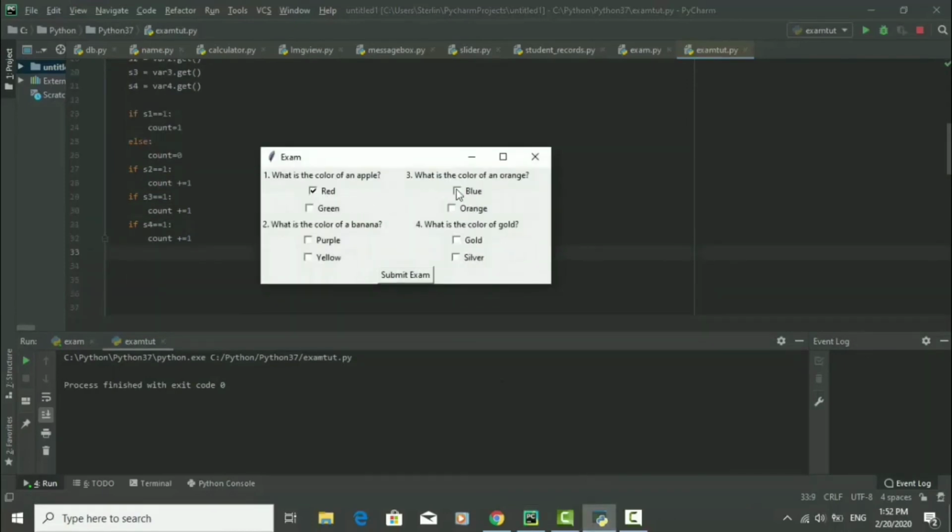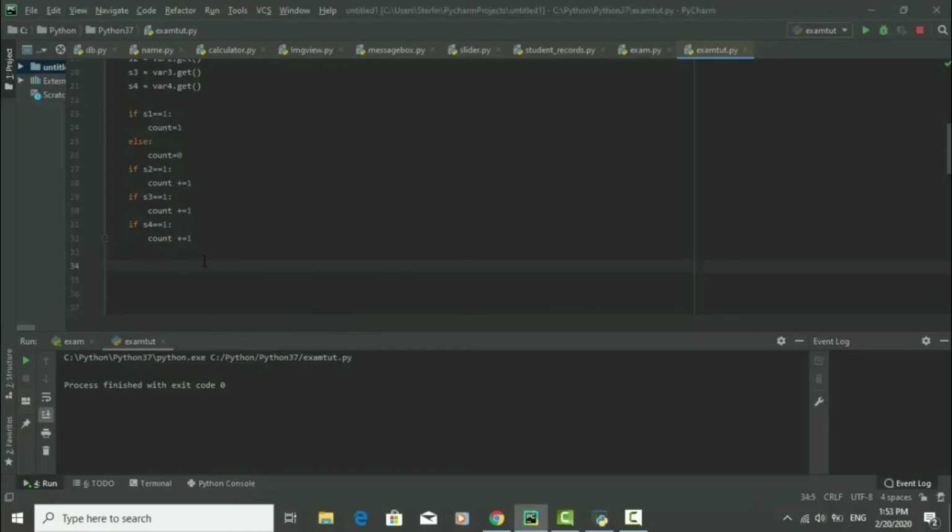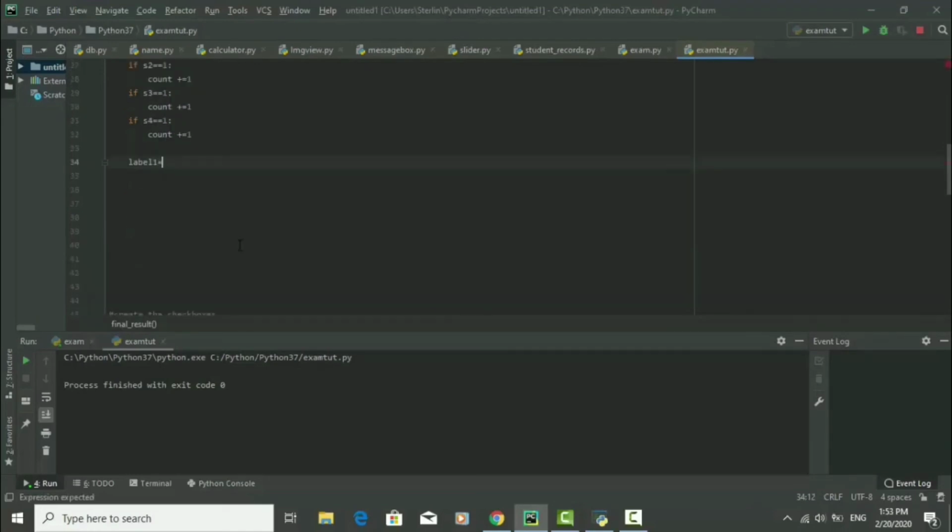And when the user has finished doing the exam, they are going to hit the submit button. And then we want to have this pop-up down here which says you got dash out of dash questions correct. Where we do this is by using a label, and we call this one label 1, and it's equal to a label widget, and we're going to put it in the root. And the text of this one is going to say text is equal to you got, we are going to add the value of count,